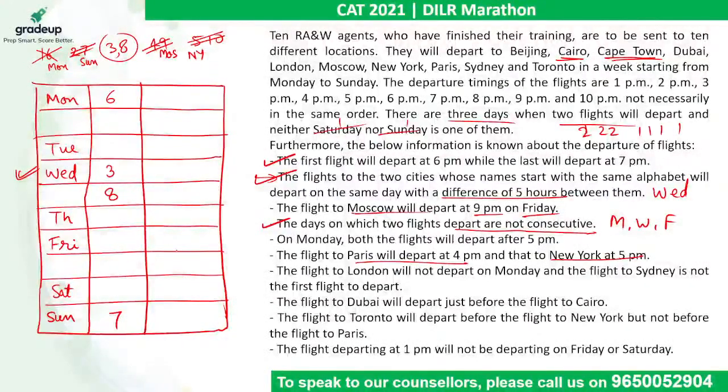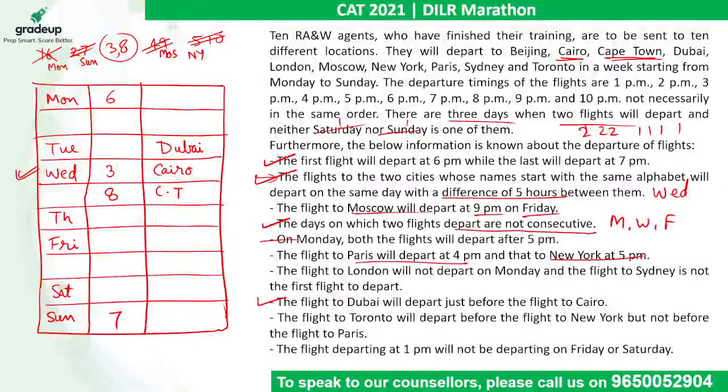अब हमें निकालना केरो को पहले जाएगी या केप टाउन को पहले जाएगी. There is a statement which says the flight to Dubai will depart just before the flight to Cairo. Right? So the flight to Dubai will be just before the flight to Cairo. So that means Cairo will be first and then we will have Cape Town and this will be Dubai. Is that clear? So we get the order also for these three. क्लियर है? दुबई भी फिक्स हो गया।